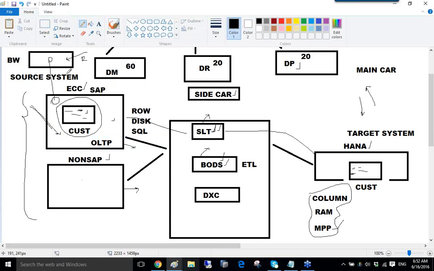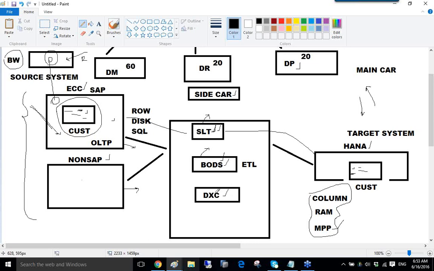In SAP there are more than 225,000 customers, and more than 14,000 of them use BW. For these 14,000 customers, DXC is relevant